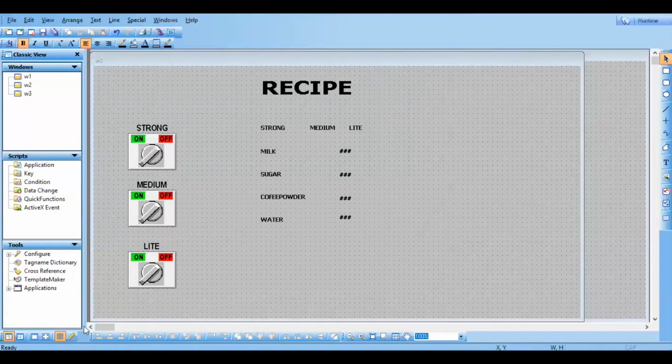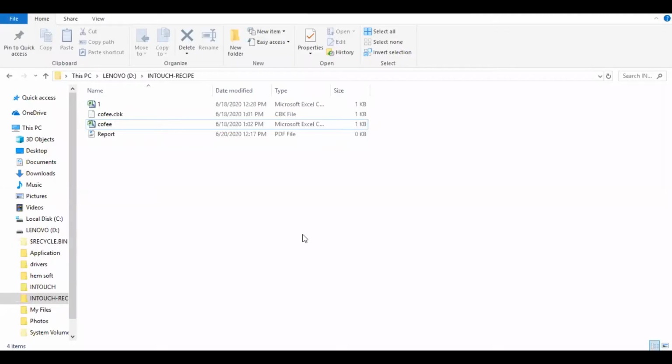Let's check the folder. So just open. See, it is created and it is 485 KB, depends upon the project size. Just open and watch what is over there. It is opening. So whatever we have selected in that option, it will be listed in the report.